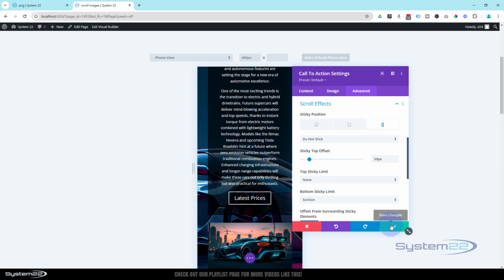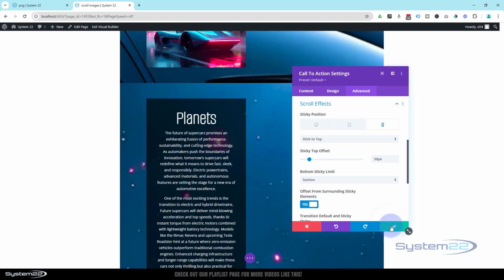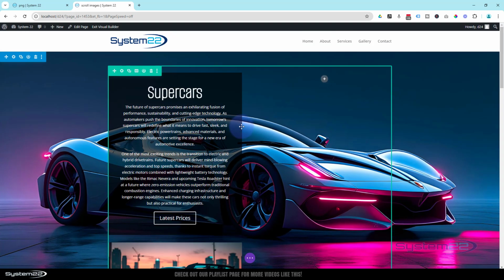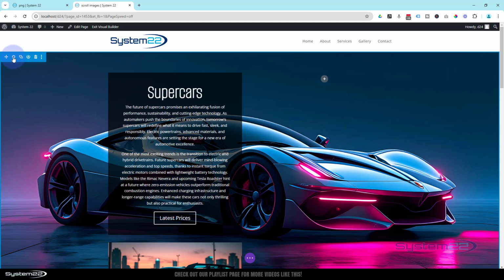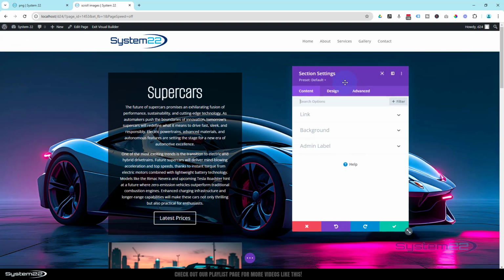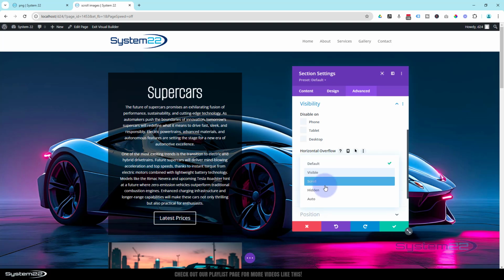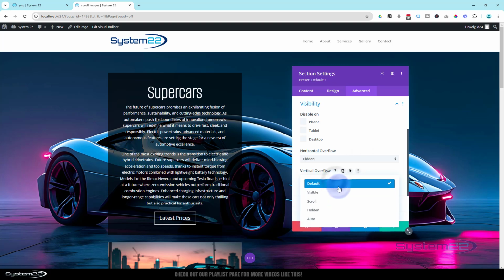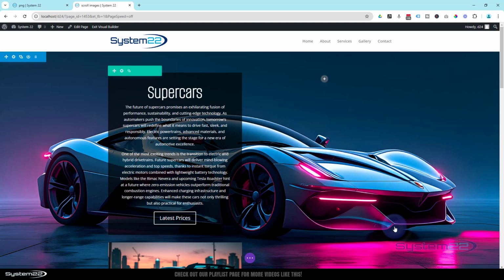And the other thing that we want to make sure and do, let's just save this, is if you are using it on tablet and mobile, go into your section, blue tab for the section, over to advanced and visibility, horizontal and vertical overflow, hide it on both devices, switch it to hidden. That way it won't come outside of your canvas on tablet, mobile, and impact Google negatively. And that should do it. If I save that now,